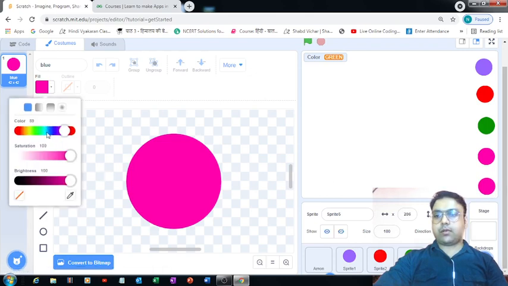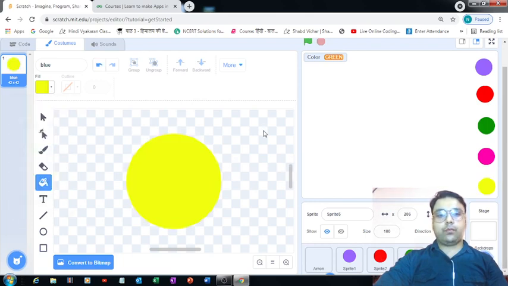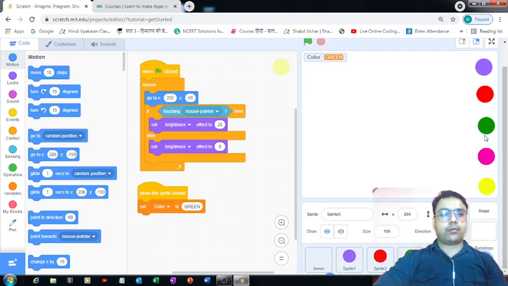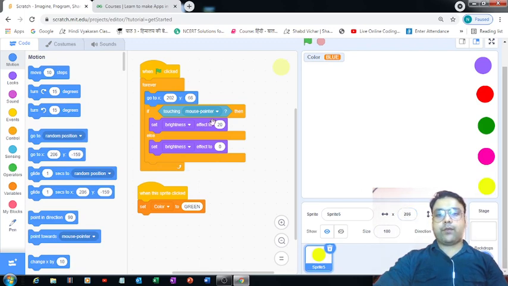Let's change this color to, we haven't selected the yellow yet, so we can go ahead and make it yellow. That's great. Now they're looking extremely beautiful, right? Good. So what we have to do now is change the position. This yellow one is at this position at present, 206, minus 159. So it should be 206 and it should be minus 159. And then we have to change this value to yellow.